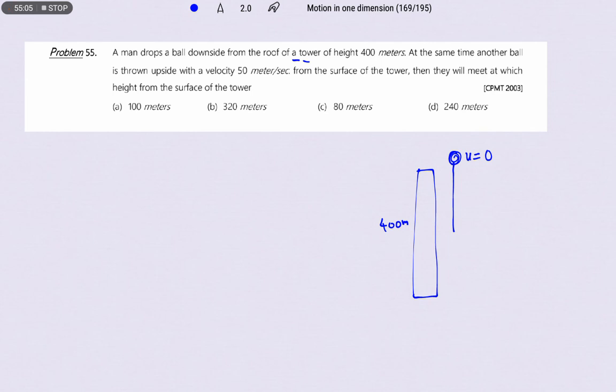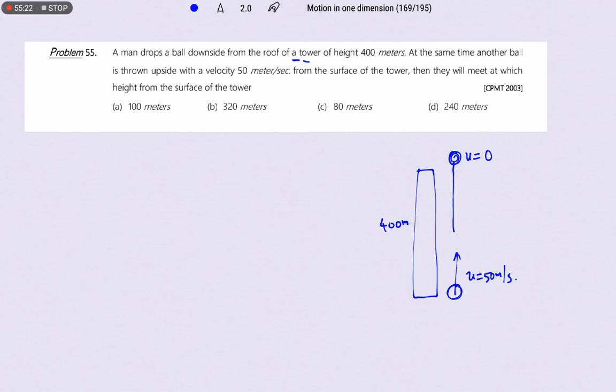At the same time another ball is thrown vertically upwards with a velocity of 50 meters per second from the surface of the tower, then they will meet at a height from the surface of the tower of...